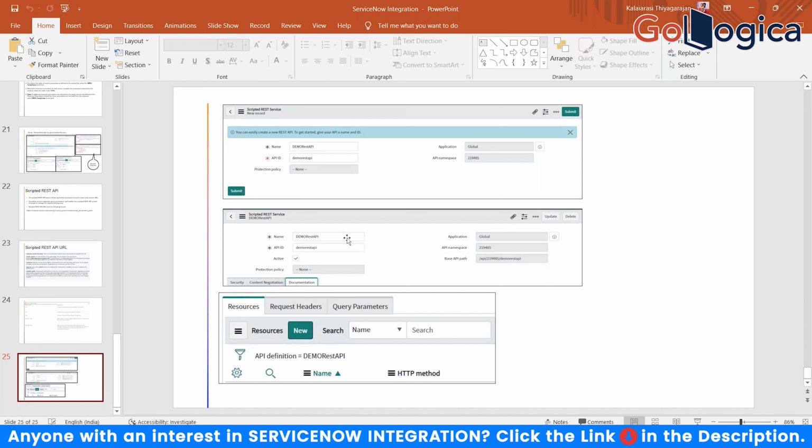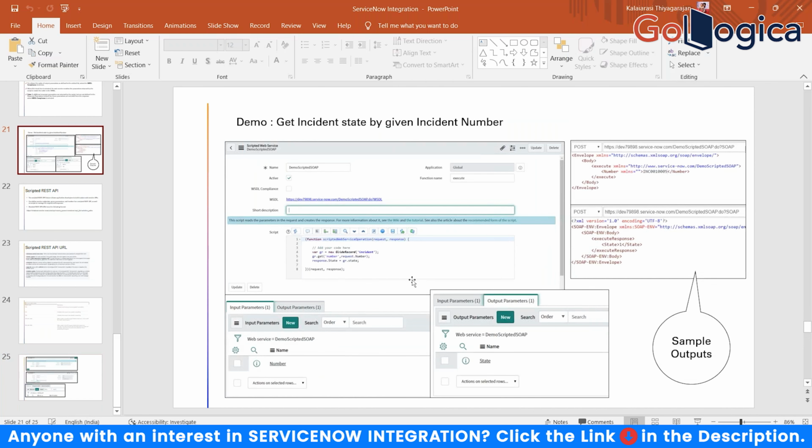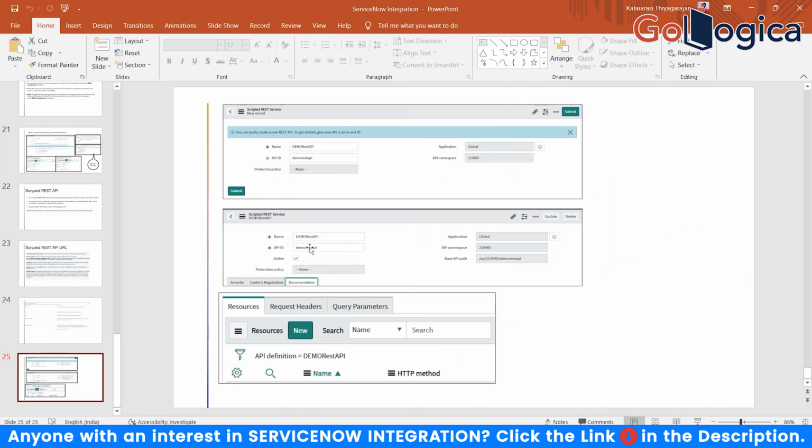This is a snapshot I picked in my previous session. This first REST API screenshot is the same as what I captured for SOAP, for recording purposes. Just provide your API ID and the script, whatever request parameters and